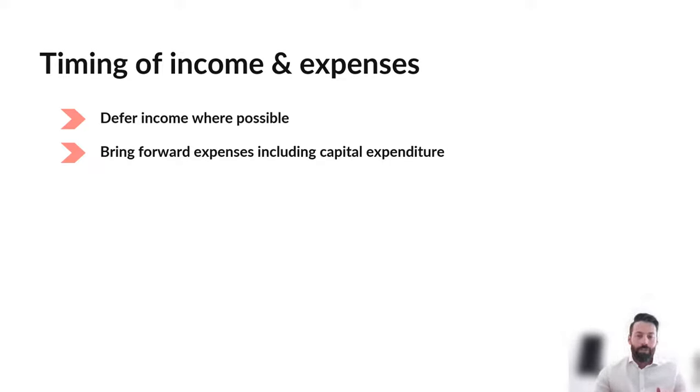And so what you might say is, well, rather than spend that money in July, if cash flow permits, I'll spend it in June, and that brings the expense into the current year and ultimately might avail you of a deduction this financial year, reducing your tax liability. The trap that people can get into in this is they say, well, I've got to go and find a bunch of expenses before 30 June to reduce my tax. And often they can go out and spend money on things that they don't need, that don't add value to the business, and they're doing it purely for a tax deduction.